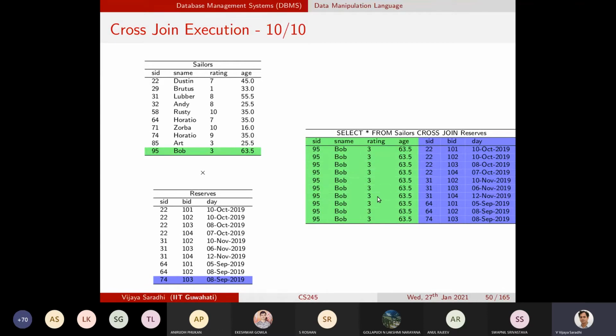Why you need this kind of operation is that you will see cases where some information present in the sailors table is not present in the reserves table and vice versa.